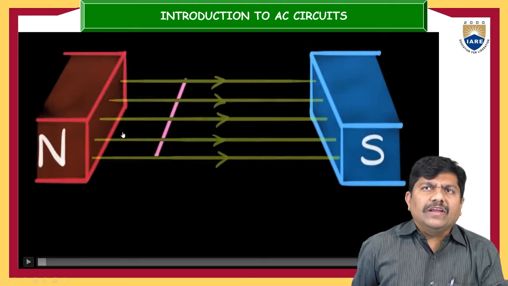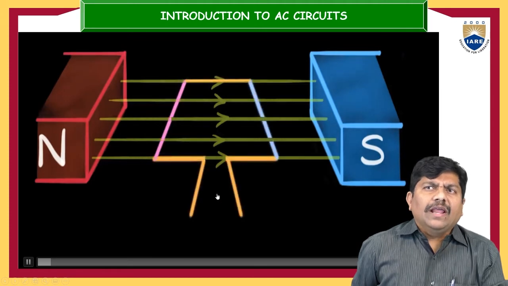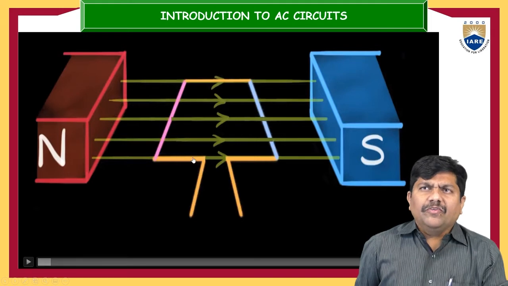Inside this magnetic field, represented with some green lines in this animation video, this pink line represents the armature conductor. If the conductor is moved up or down, we can see some induced EMF inside that particular conductor. Now instead of only one single conductor, if two conductors are placed, one is a blue one and the second one is a pink one,